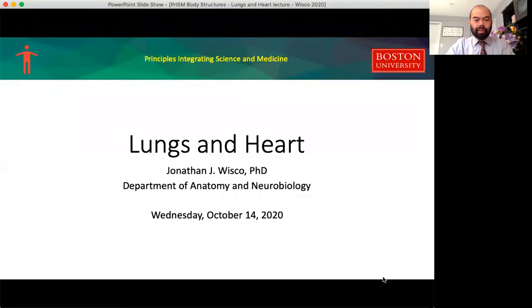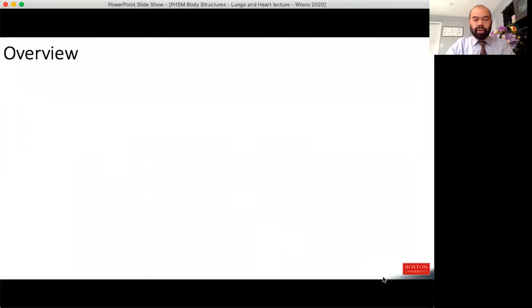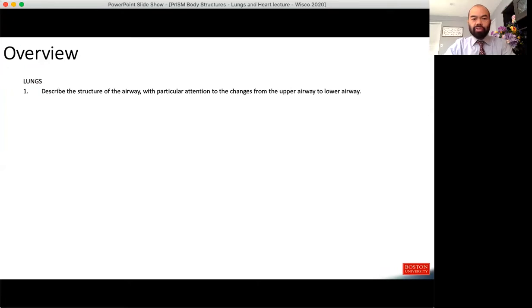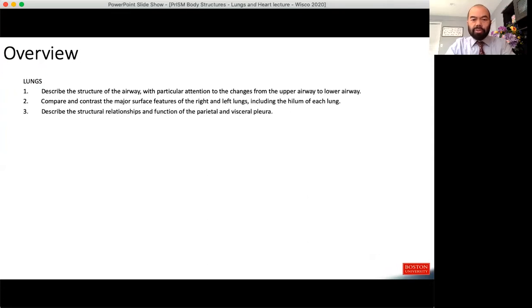All right. So here are the objectives we're going to cover. We'll start with the lungs. We'll talk about the airway with particular attention to changes from the upper airway to the lower airway. We'll compare and contrast major surface features of the right and left lungs, including the hilum of each lung. We'll describe structural relationships of the parietal and visceral pleura, explain the mechanism of pulmonary ventilation, and then we'll go